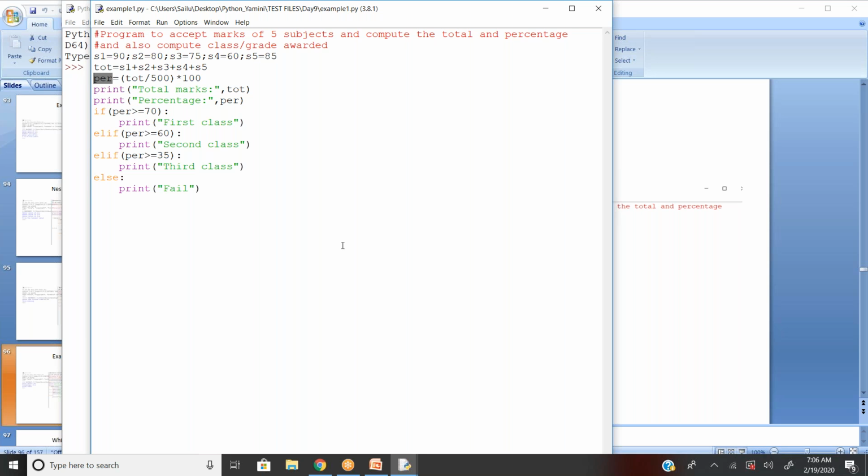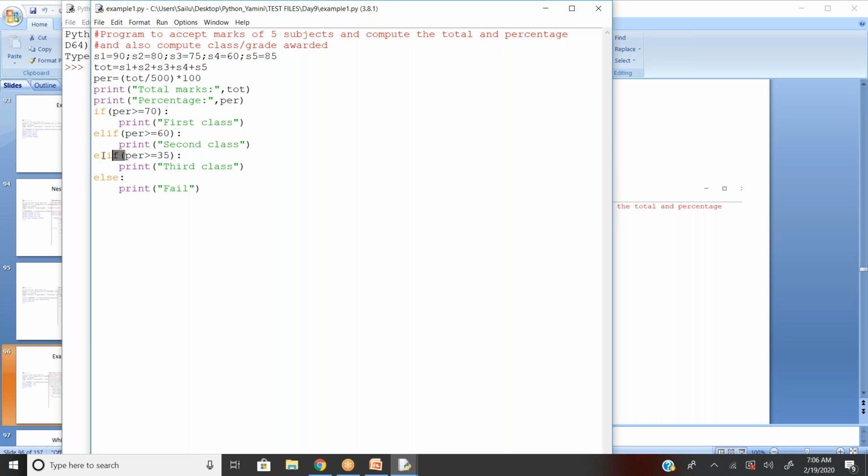But our intention is to decide whether the person received first grade, second grade, or third grade. For that we used an if else condition. So if the percentage, whatever you get from this PER, is greater than or equal to 70, then I mark it as first class. If this condition fails, then it goes to the second condition: else if percentage is greater than or equal to 60, then second class.